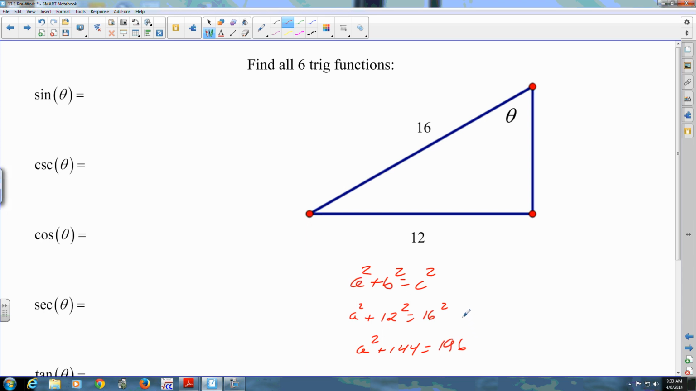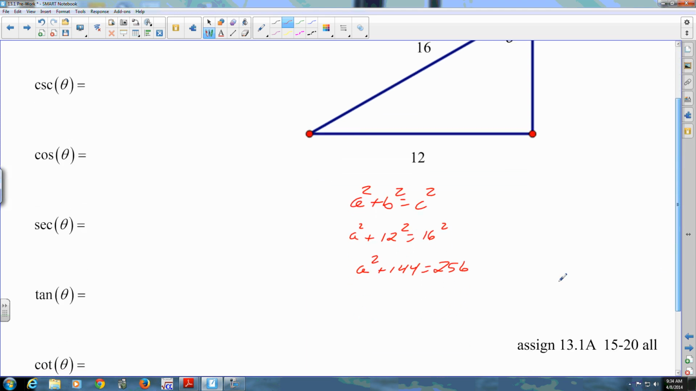Wait. What did I type in? 16 squared? Hold on. That's crazy. 256. What in the world was I thinking? I don't know. Not much, apparently. Yikes. 256. So then when you subtract the 144 off of both sides, sorry about that,